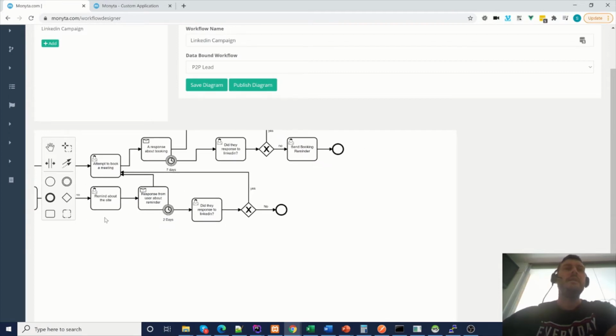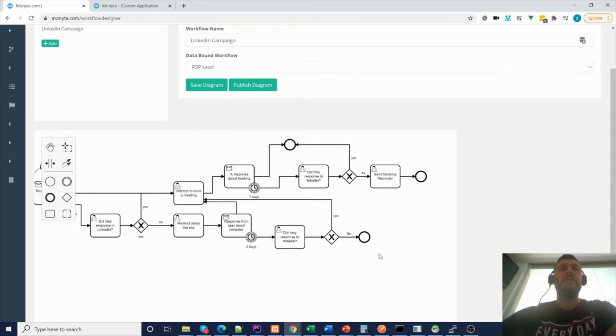Once again, we wait again. Did they respond? Did they not respond? So we wait 2 days. If not, we move on. We just get the salesperson to forcefully check it after 2 days. They'll have an option again, yes or no. No, boom, that's the end of it. We stop hassling that user. It's too early on in the stage. We don't know the value of that user, so we're not going to spend a lot of effort following up